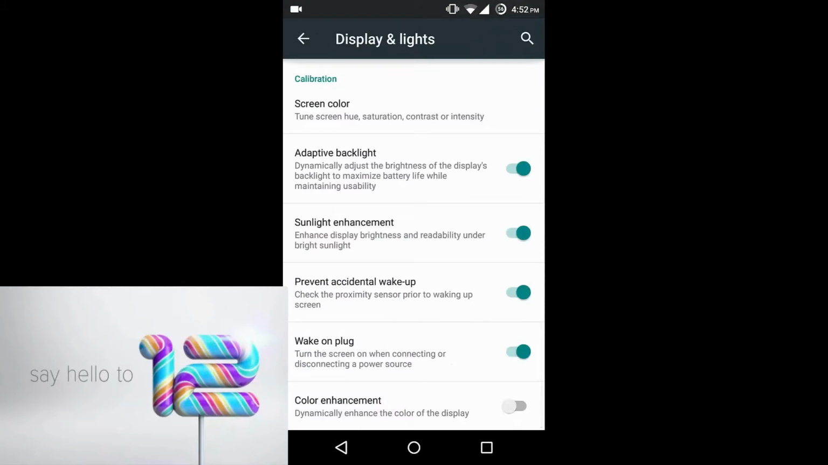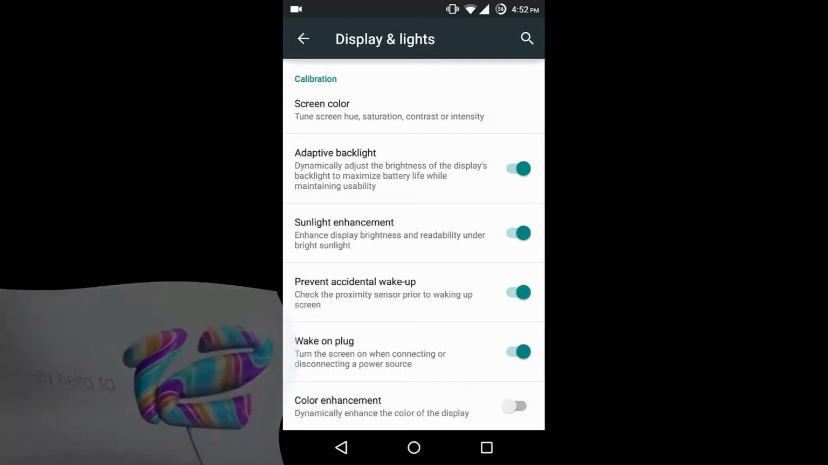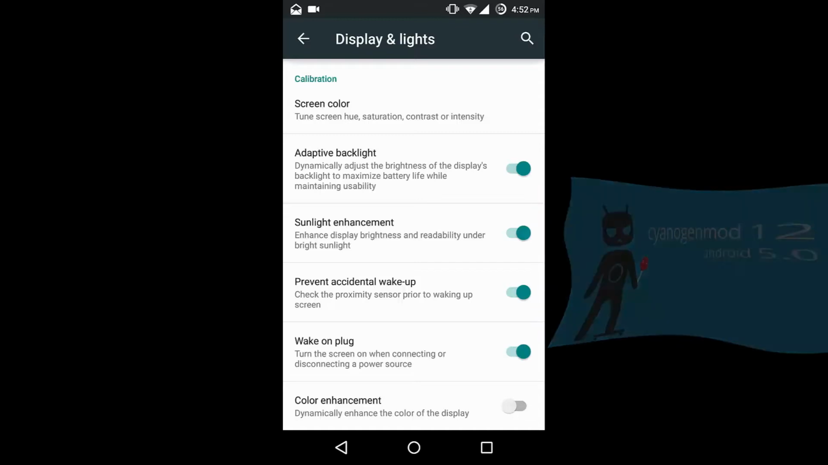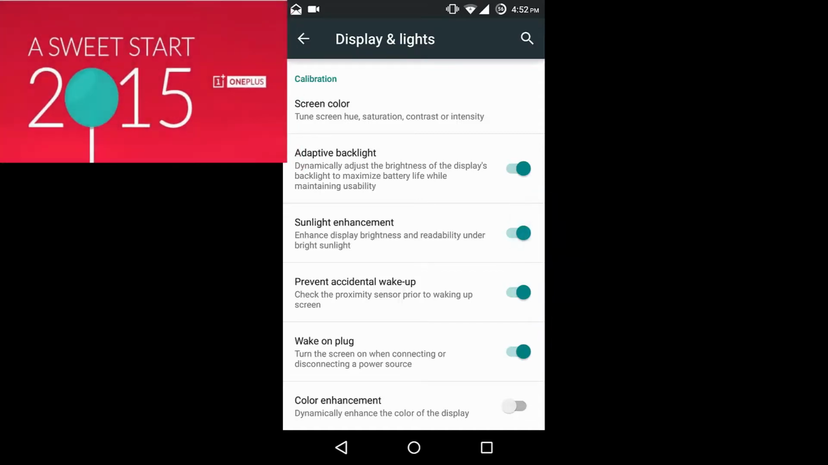The next feature is sunlight enhancement. This feature is used under bright sunlight. When you are under bright sunlight, it will enhance the display brightness and readability. For example, if there is any text on the screen that you are viewing and you are under bright sunlight, you won't be able to see the text properly. So you can use this feature, and it will enhance the brightness of the text